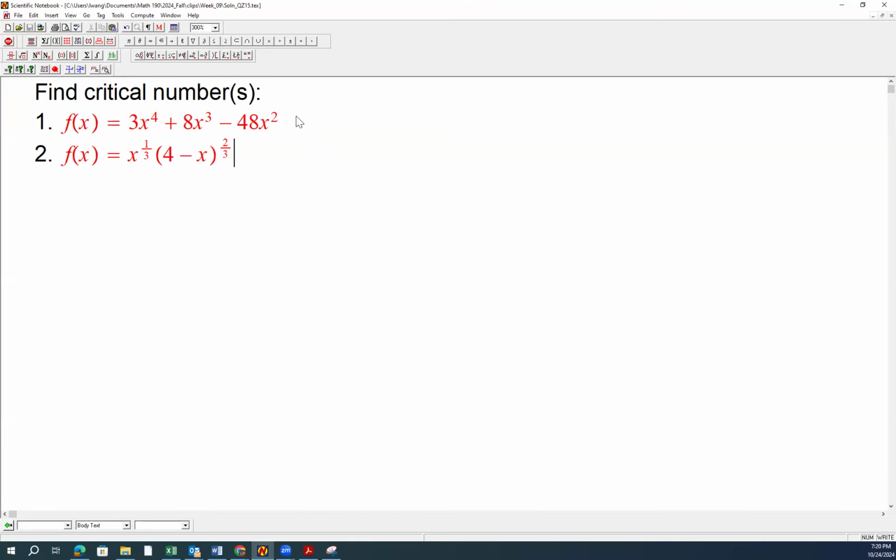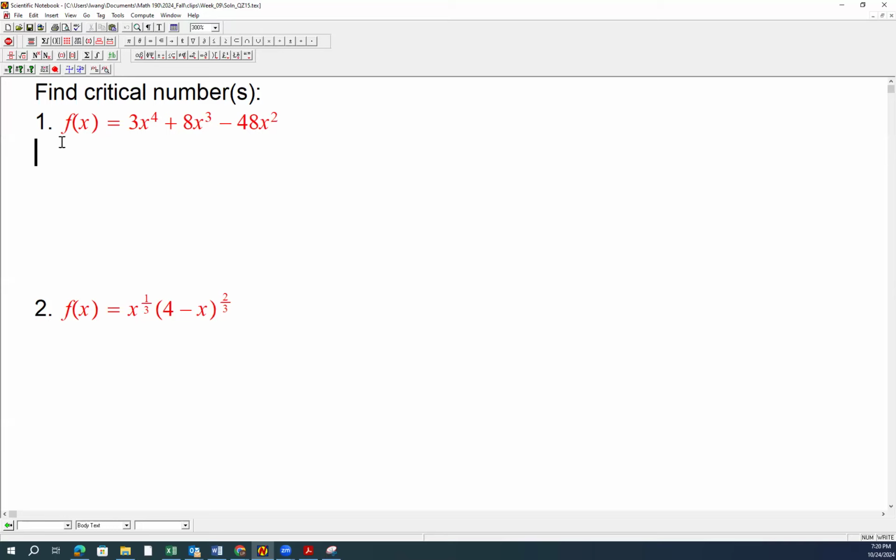Hello, guys. I wish to go over these two questions. The first question, of course, is pretty straightforward, but there are some points I'd like to explain to you. And for number two, I will show you a couple of different ways of doing it. We did it one way in the class, and I would like to show you some other ways to do it. All right, so for this first one, to find critical numbers, the function is defined and continuous on